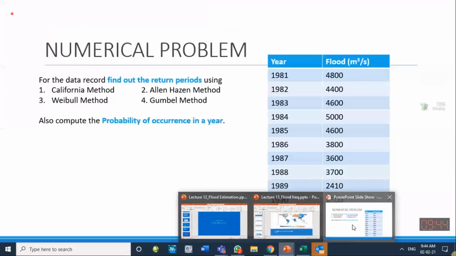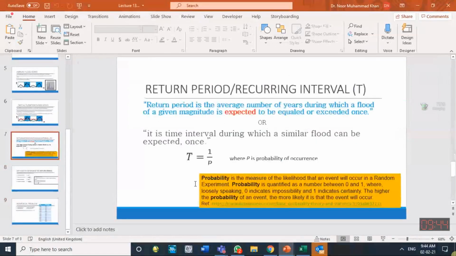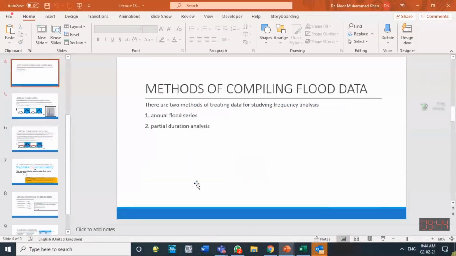Our next topic, if you have any question in this topic, you are welcome to ask. I think it's finished after this. So you should know how to carry out flood frequency analysis. There are two kinds of series which can be used for flood frequency analysis. One we call the annual flood series, one we call the partial duration flood series. Both have objections, both have some drawbacks and shortcomings. And mostly we use the annual flood series.